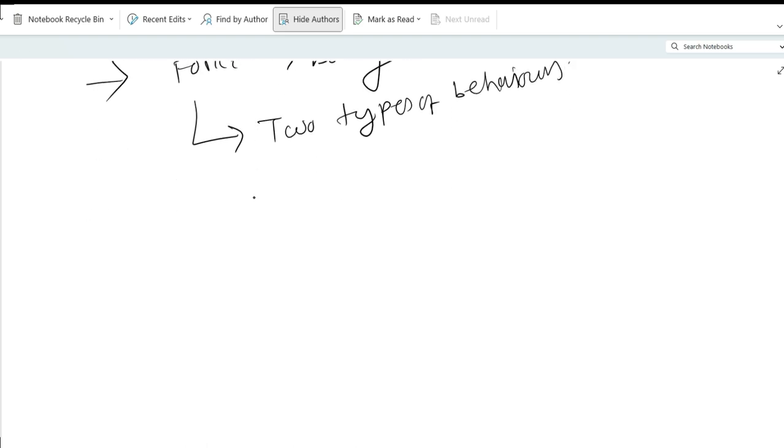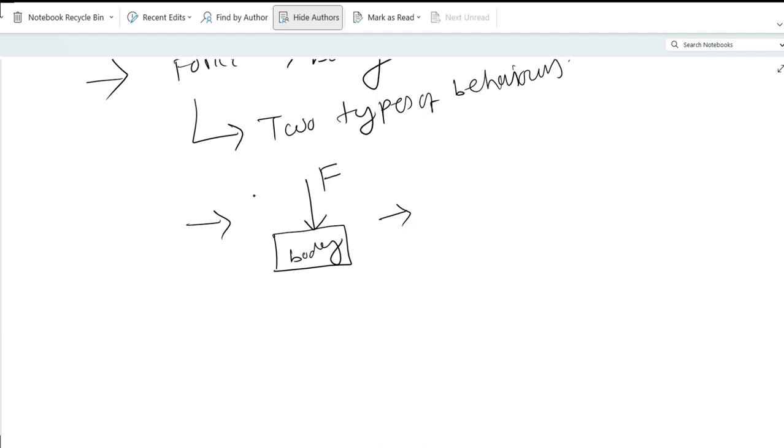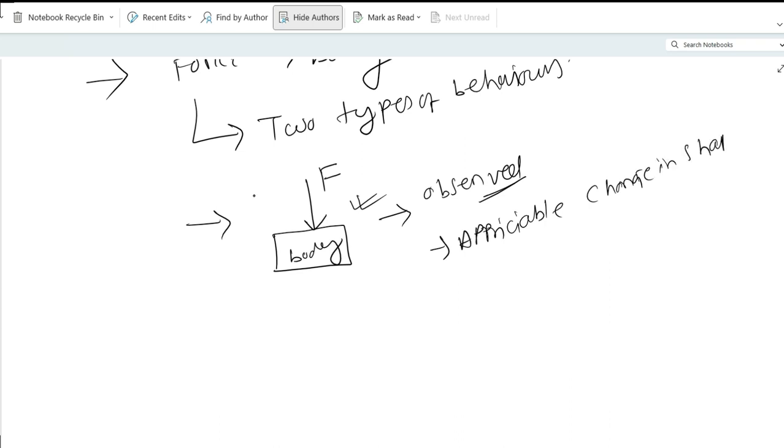The first one, suppose this is a body and we are applying force F to the body, and upon the application of forces, we observe that there is no appreciable change in shape in the body